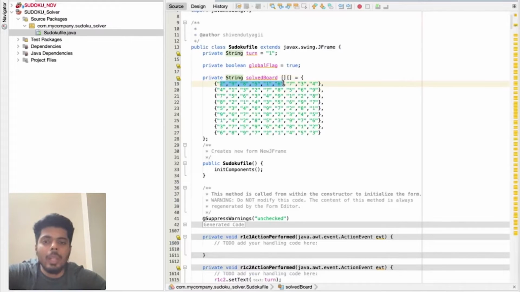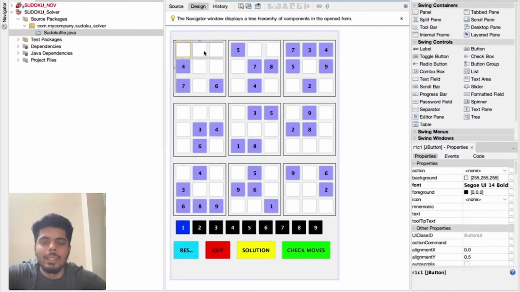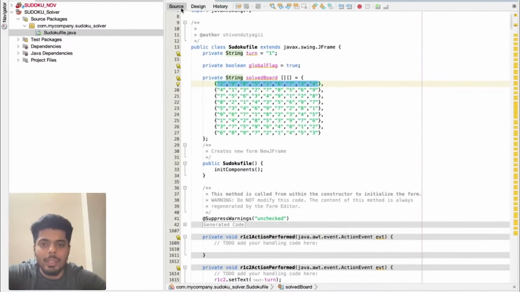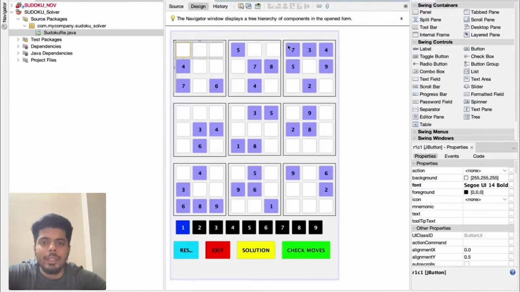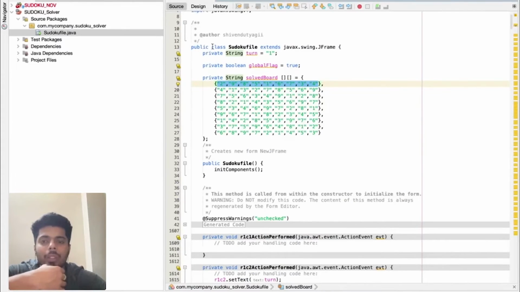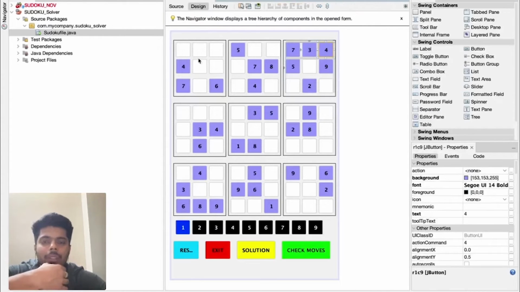So this is the first row, 2985167734, similar to this: 2985, and after 85 comes 16734. So the values in the first row will be in this first row of the grid. Everything is in sync right now.